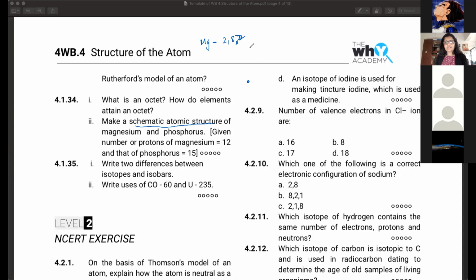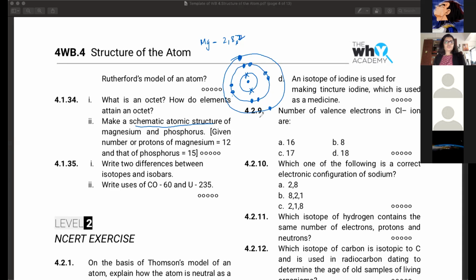So nucleus in the center. Pehle shell में 2 electrons. So draw the shell. You can show 2 electrons. So electrons, you can show it by crosses like this, or you can show it by dots also, like this. Five, 6, 7, 8, this way. Okay. So just drawing it in concentric circles and then showing कौन से electrons कहाँ पे, कितने electrons कहाँ पे है. So this format is what they're asking. Schematic atomic structure का.